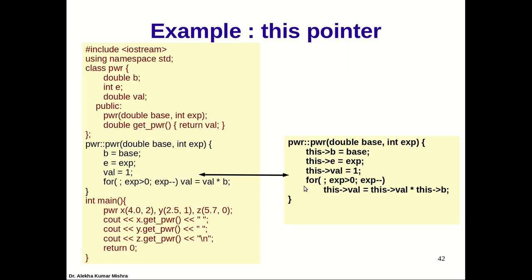That means this is a pointer which is mostly used within the member functions to refer to the address of the calling object, which called this method or function. So here both are the same, meaning we can replace one with the other whenever you need to access; otherwise the task is the same.